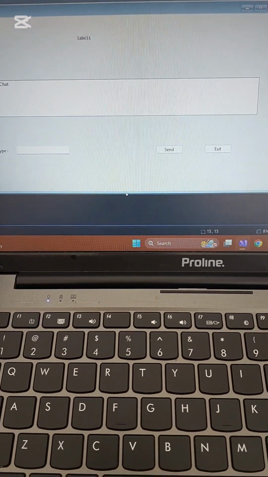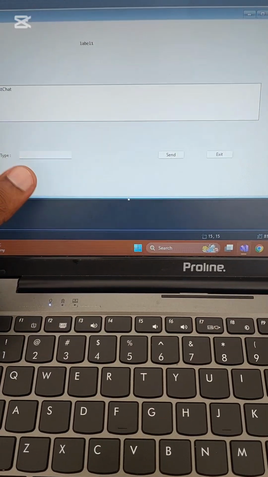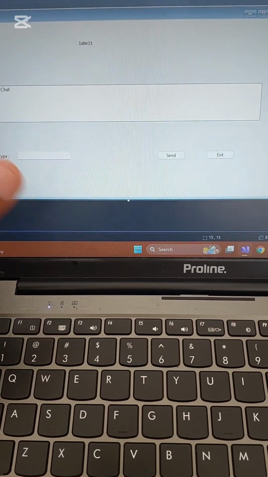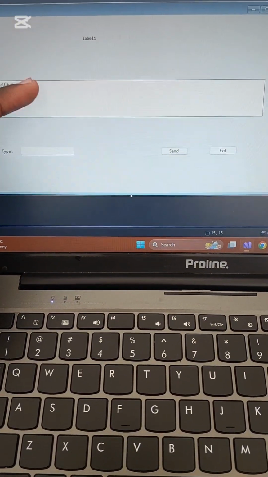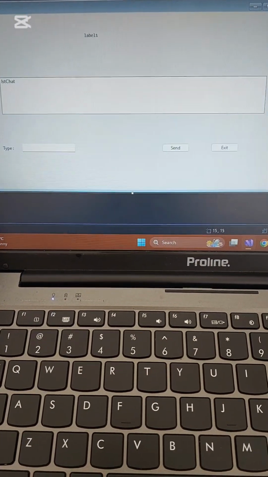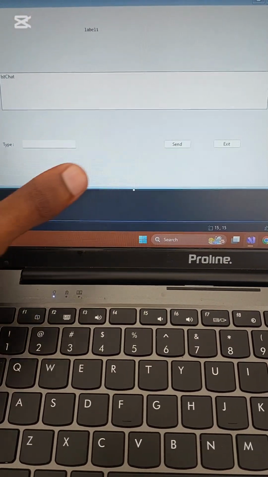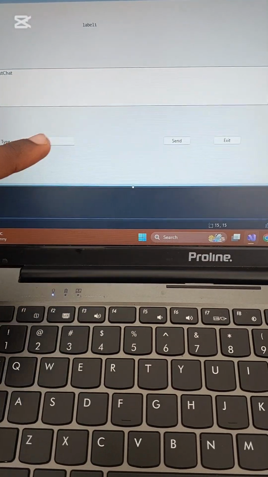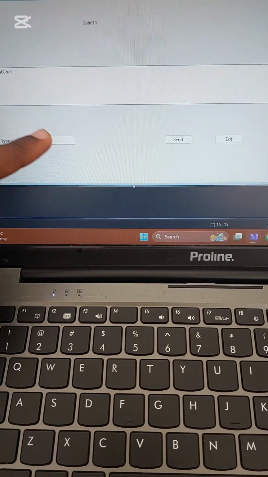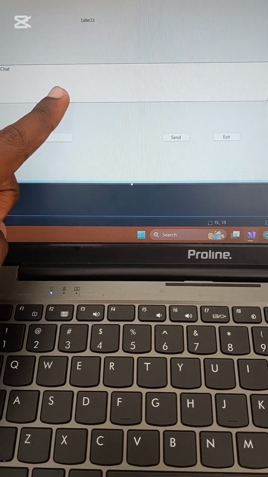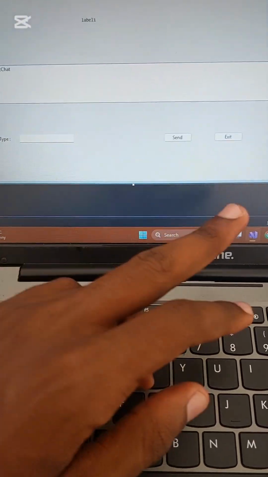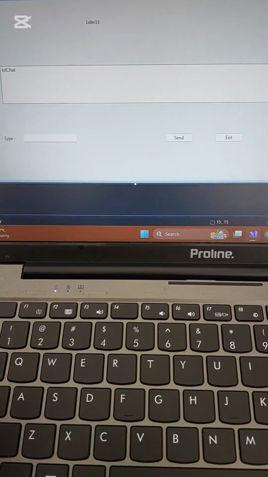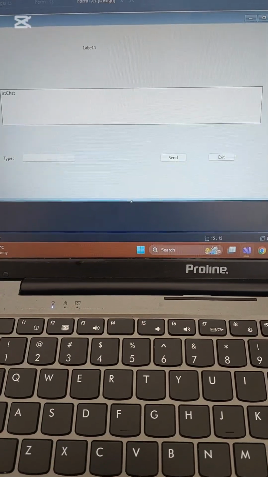And then I implemented a text box where you type and interact with the chatbot, and your interactions are viewed in the list box, as well as a send button to send whatever you type in here to your list box and to communicate with your chatbot. And lastly, your exit button, which closes the entire application.